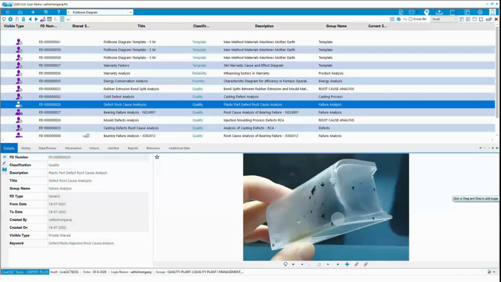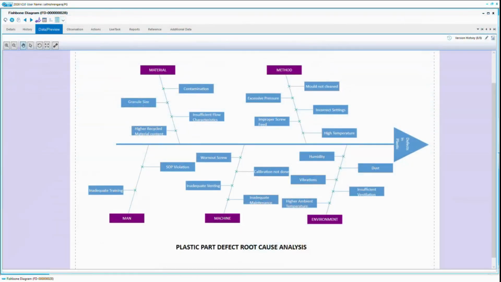So when I look at the root cause analysis, for example, I look at a plastic part. I look at the root cause. I know exactly what the fishbone diagram with regard to the defects in plastics is. Am I monitoring them? Actively monitoring. Who is monitoring? What is the cascading effect of that monitor to bring the process back into centrality? The appraisal cost goes up a little bit incrementally, but your internal cost and the external costs just vanish.